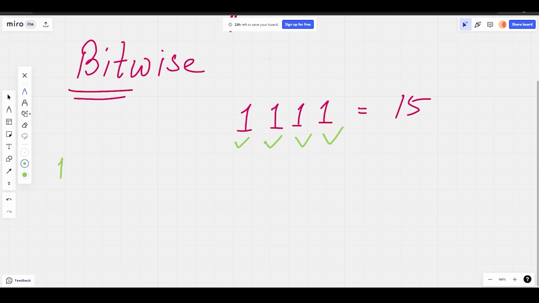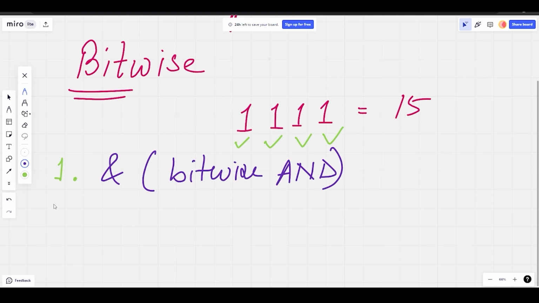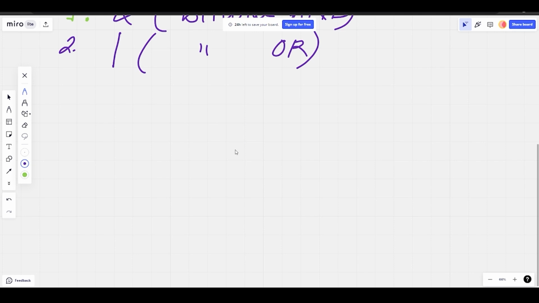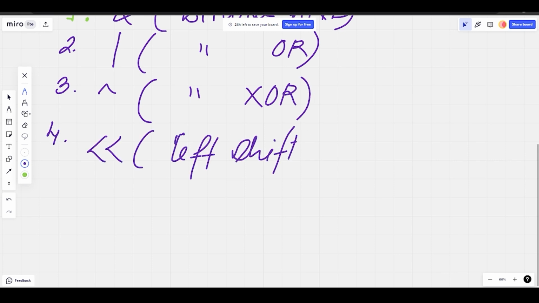The very first one is the bitwise AND. Then we have number 2, which is the bitwise OR, which we generally write as a single line like this. The third one is bitwise XOR. The fourth one is left shift, and the fifth one is right shift.